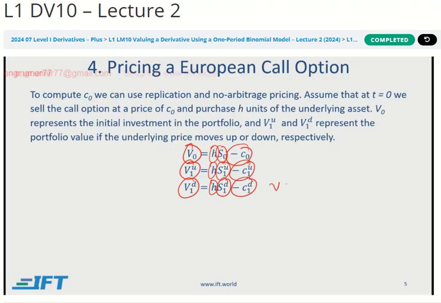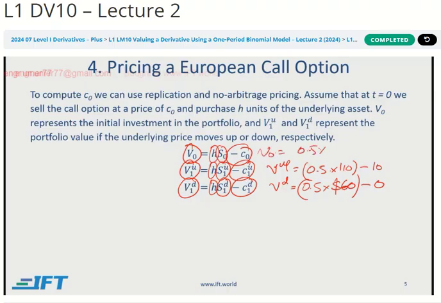So the value tomorrow if it goes down will be, and let's assume the hedge ratio is 0.5, spot price going down will be 60, and call option value will be 0. Value in case of an up move will be 0.5 into 110 minus 10. And value today will be